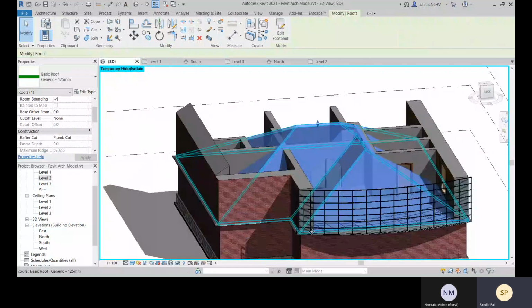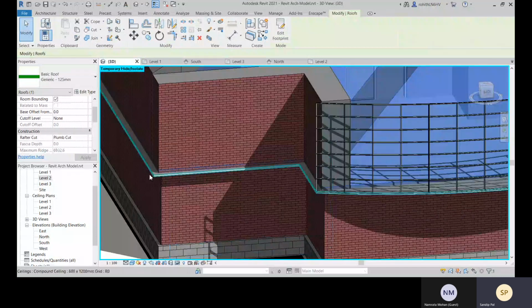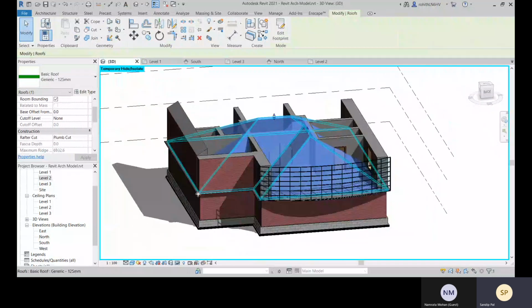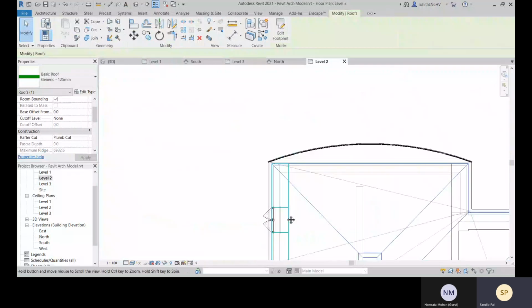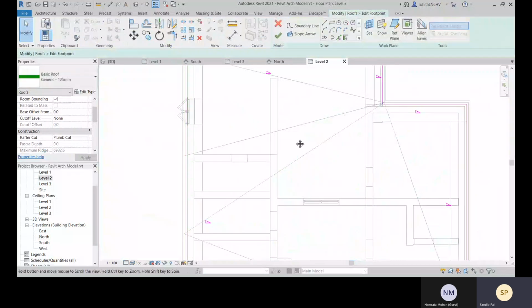Okay, I have to change the outer profile, so I need it till this side. So for that, let's go to level 2 again, and come to edit footprint.